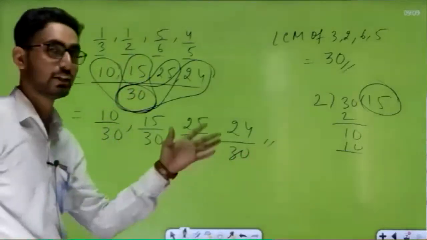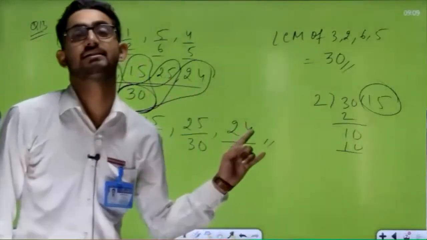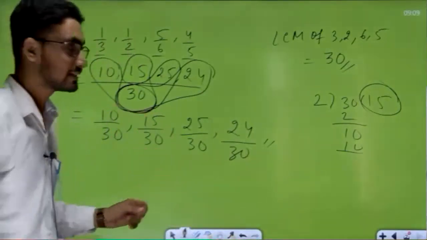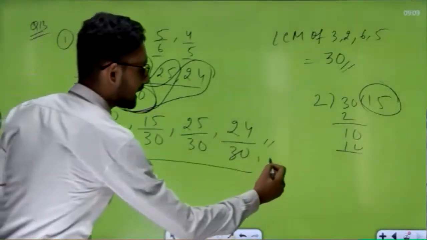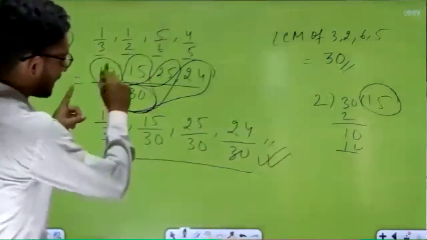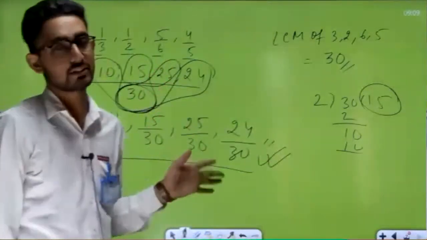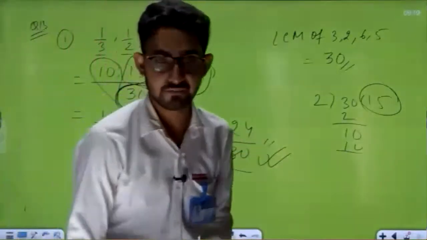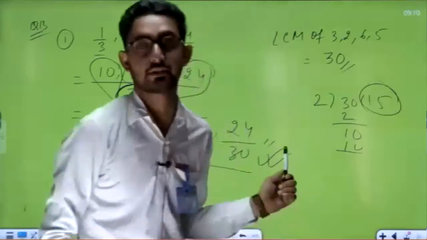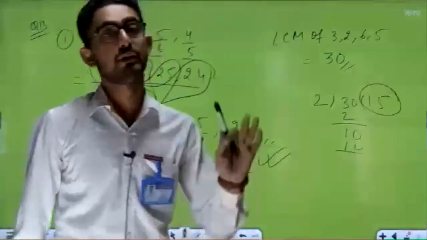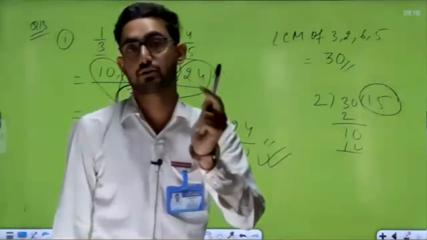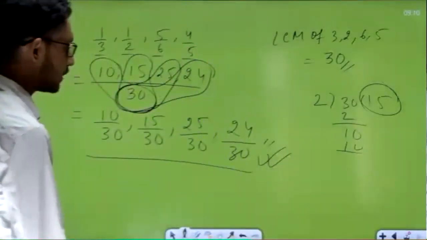All the denominators are the same. Yes, all the denominators are just the same. So we can say this is your like fraction. All of you understood? Very interesting, and this is also a good pattern, right? So this is your complete answer. If this type of question comes in front of you, then you have to solve it in this way only. Understood all of you? Now the next question you have to solve yourself. I will give you time also, 2 minutes. Okay, so all of you solve.